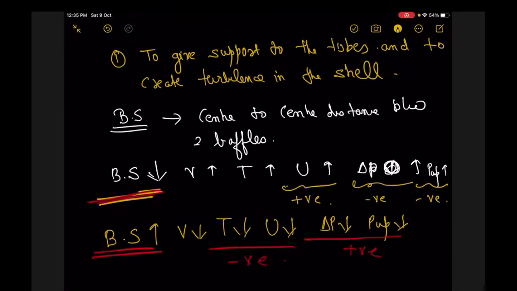मतलब सब कुछ किस पर डिपेंड कर रहा है? बैफल स्पेसिंग पर। तो कितनी बैफल स्पेसिंग हमें प्रोवाइड करानी चाहिए, दैट इज इम्पोर्टेंट। क्योंकि अगर गलत बैफल स्पेसिंग हमने प्रोवाइड करा दी, क्योंकि तुम यू की वैल्यू को इंक्रीज कर रहे हो तो कहीं ना कहीं मार्केट से ज्यादा पैसा लोगे, है ना। अच्छा हीट एक्सचेंजर होगा तो मतलब तुम्हारी एनर्जी सेव हो रही है। एनर्जी सेव हो रही है तो अच्छी बात है, लेकिन वो एनर्जी कहाँ पे जा रही है? पंप को चलाने में जा रही है।